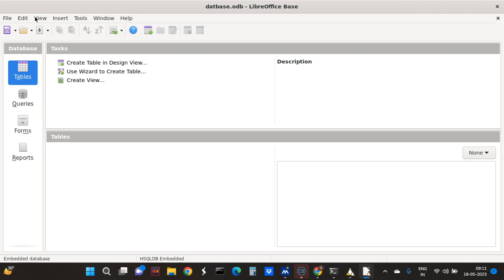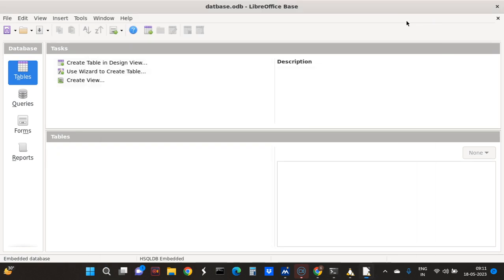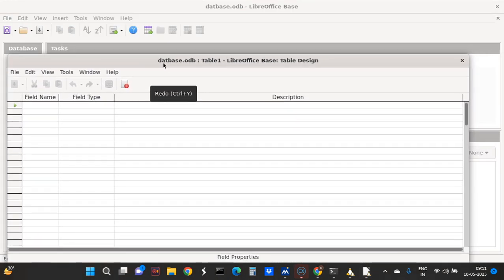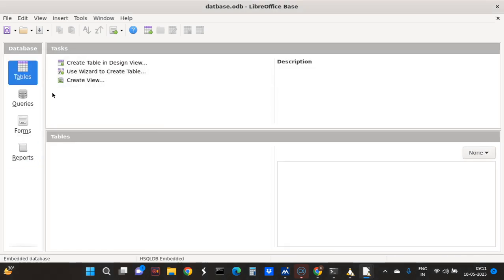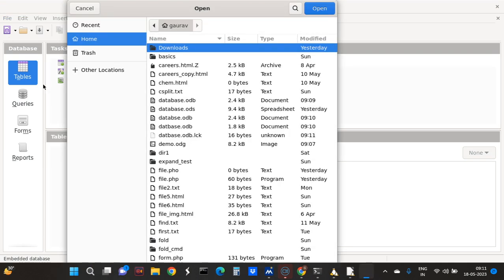So to create a table, first I use the normal method and then the UI method. So now I'll make a new database. The database is, I think, made. Now I want to insert a table. So this is my UI, but I want to create a table. Yeah, this is there. So I want to create this table